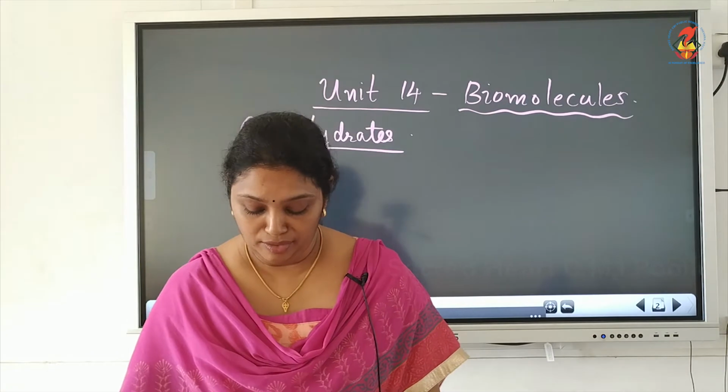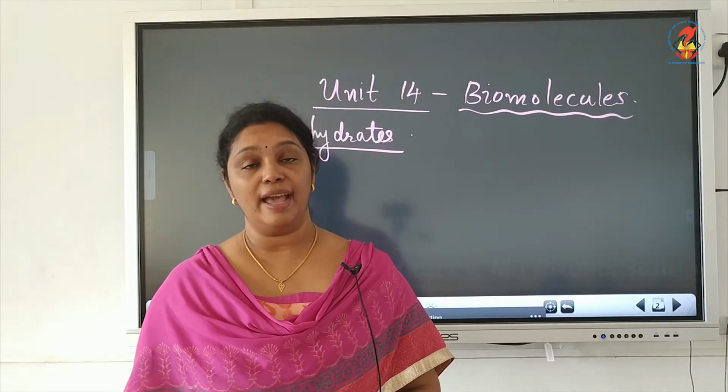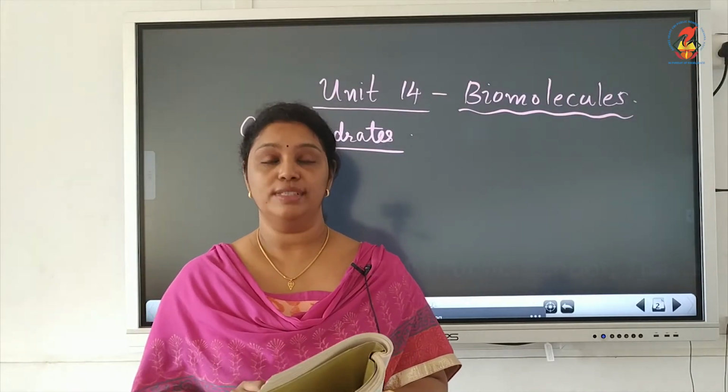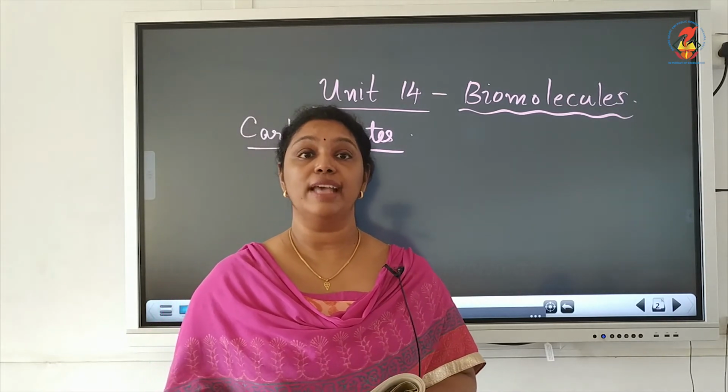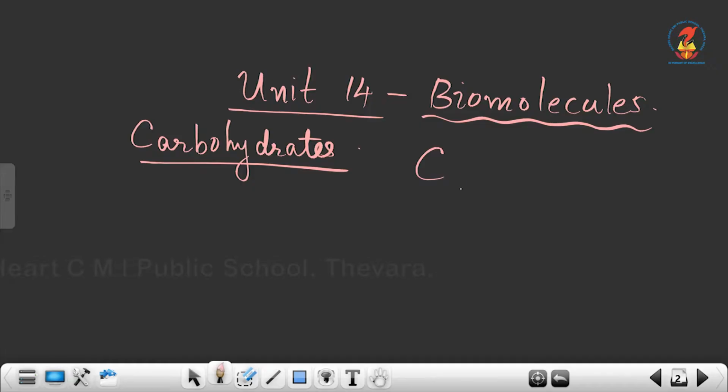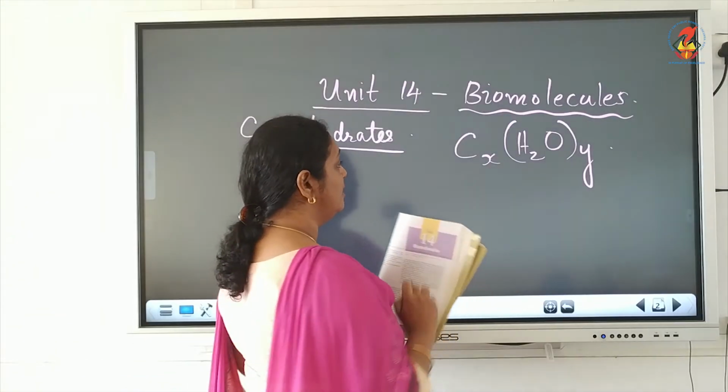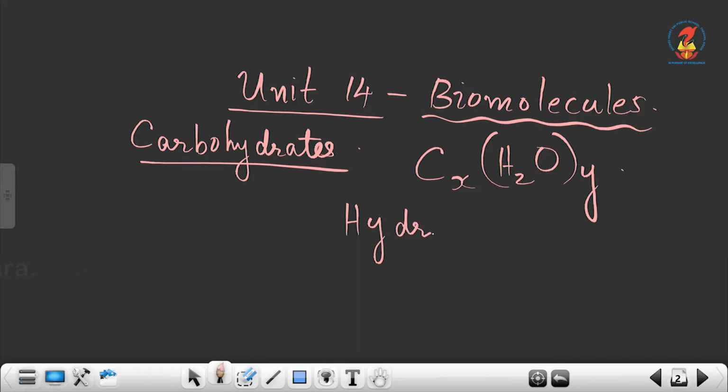Carbohydrates. Now, carbohydrates examples are sugar, glucose, starch, fructose, etc. And the carbohydrates have the general formula Cx(H2O)y, and we can consider this carbohydrate as hydrates of carbon. So, carbohydrates can be considered as hydrates of carbon. For example, we know the molecular formula of glucose